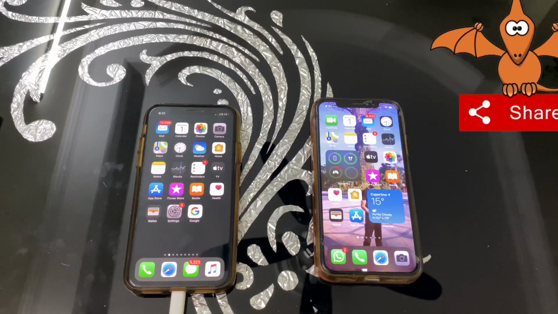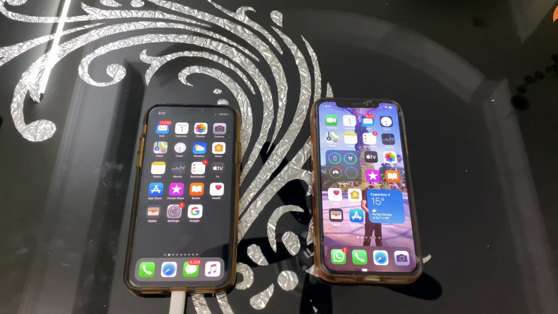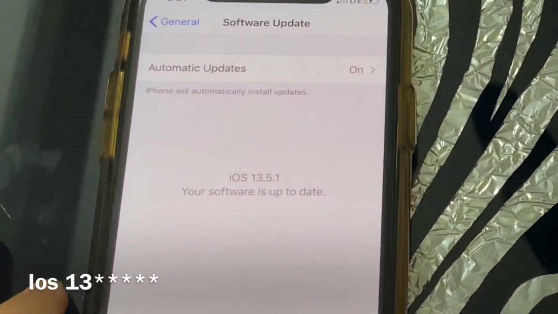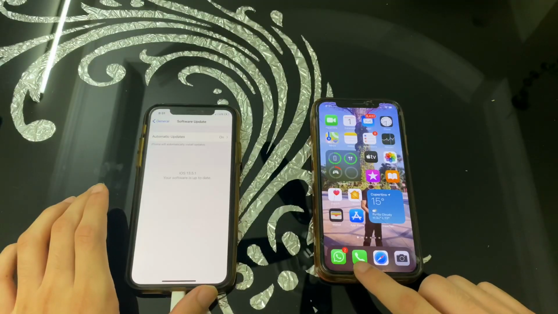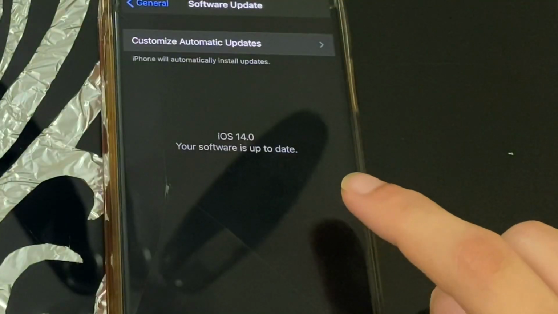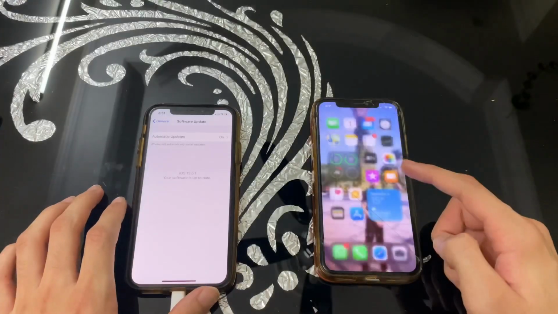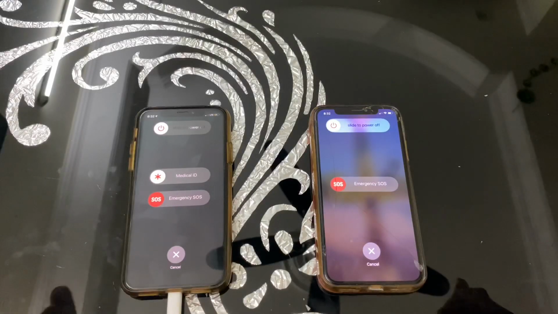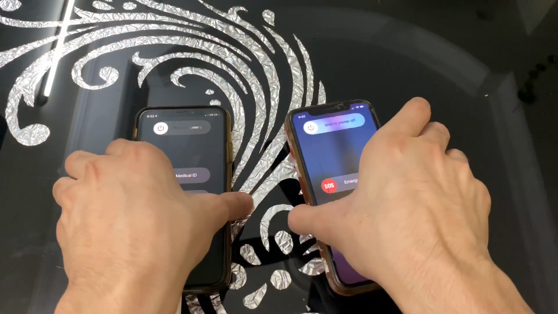Because I'm going to do a proper speed test to see what the differences are. So let me show you that. This iPhone is running on iOS 13.5.1 and this is running on iOS 14. So let's get into the video. Let's start by booting up both the phones at the same time.